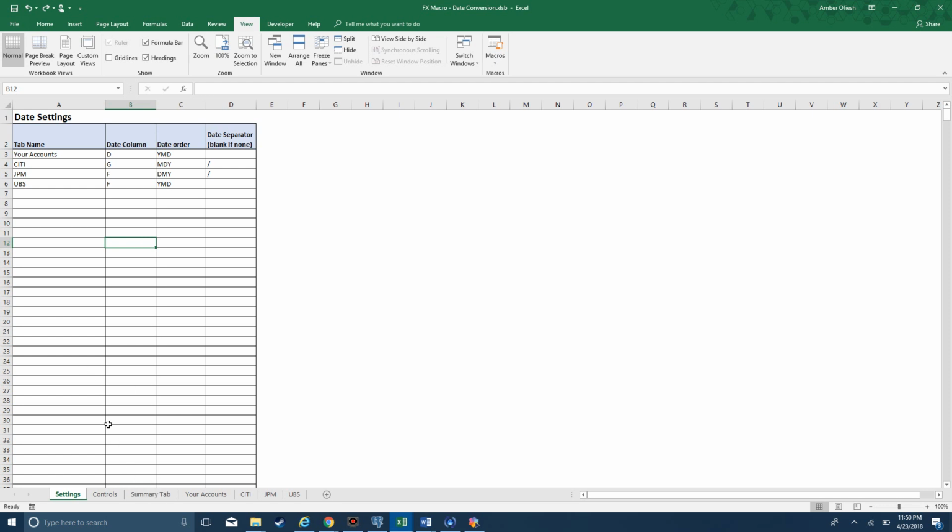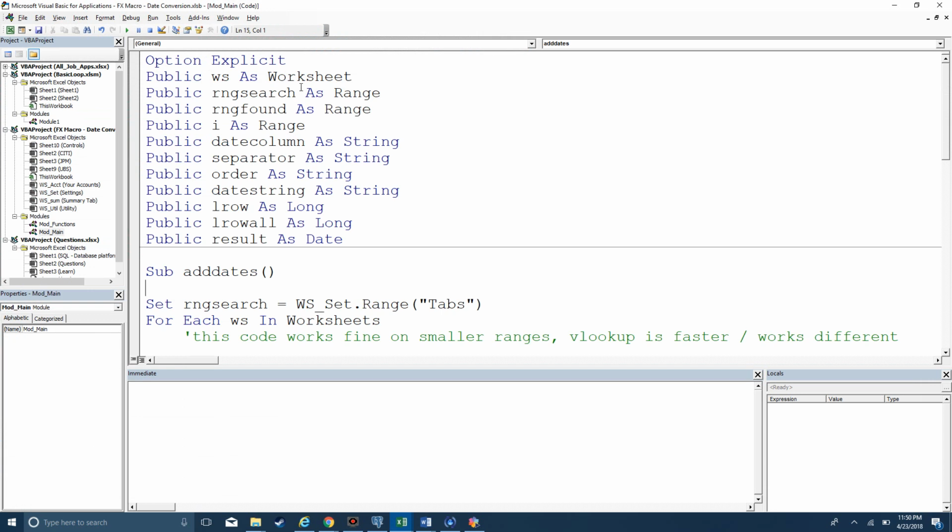So now let's go through, bear with me as I walk through the structure of what I would think of as the supporting code that gets you to the point where you actually get to call on the function that will convert a date. Hit Alt F11 on your keyboard, and